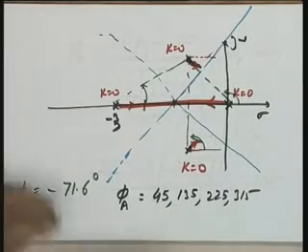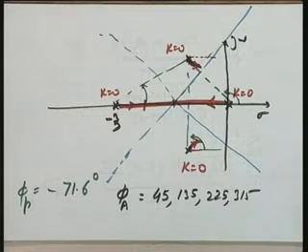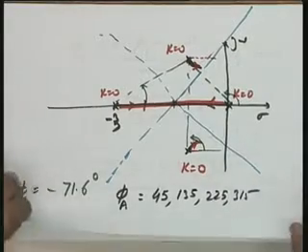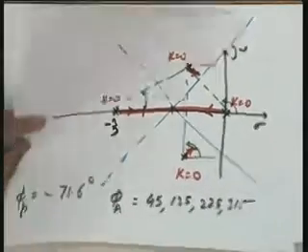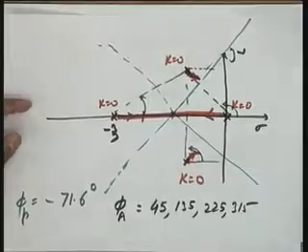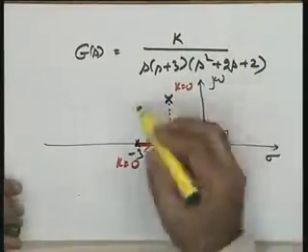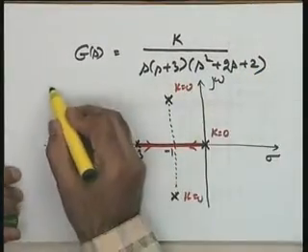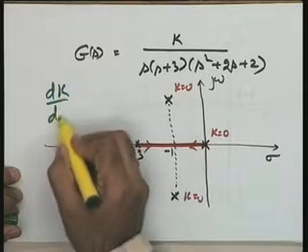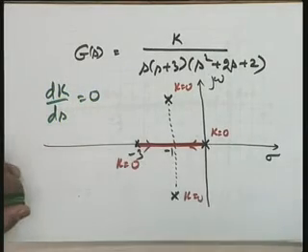Intuitively it should be clear that maybe the root locus will go this way only, and therefore, to see that, the next rule I have to apply is the breakaway point calculation. If I calculate the breakaway point in this particular case, you recall the relationship for the breakaway point. This is your GS or Fs, whatever you call it. Your breakaway point is dk by ds equal to 0.